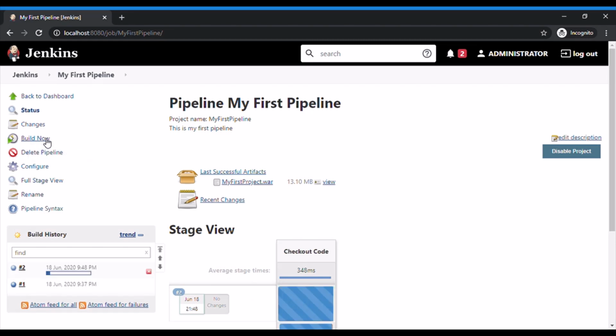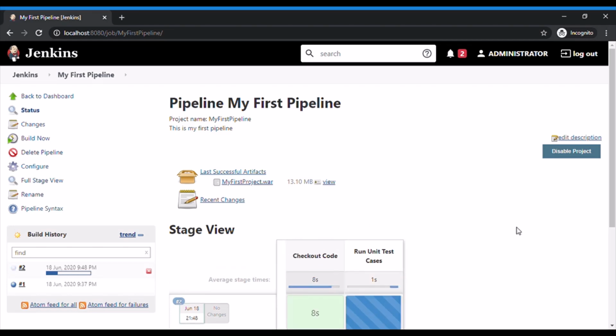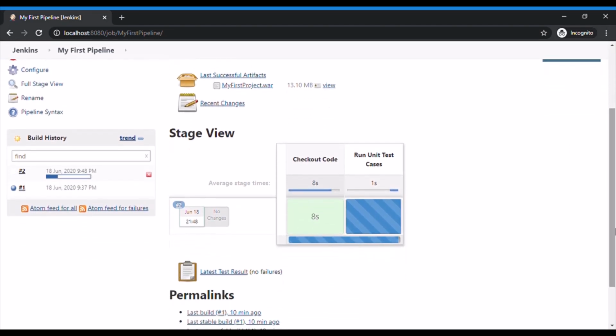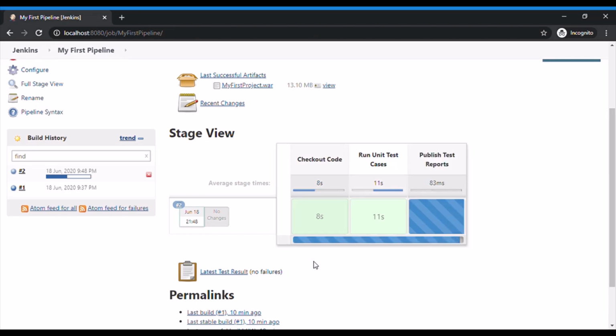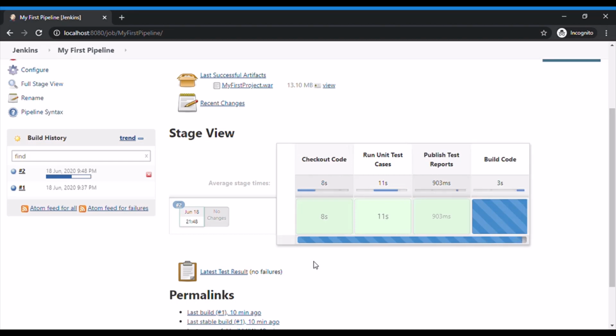So now you can see that our stage name has been changed to checkout code. It will tell me how much time every stage also took. Now the second stage is run unit test cases. Similarly, the third stage will execute publish test reports, build code, and then finally the archive results.